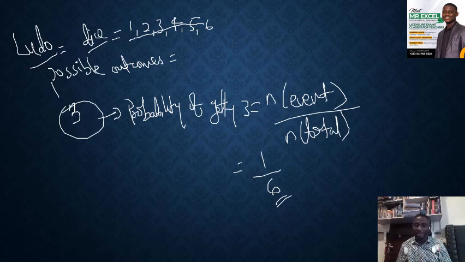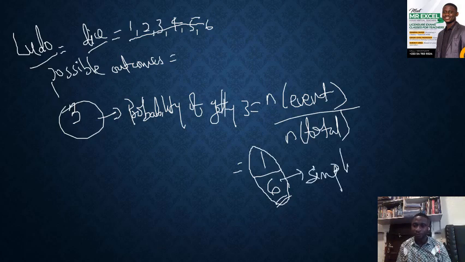So many a time when you ask questions on probability, you are expected to always put it in the simplest form. So always leave your answer in the simplest form. However, for this question, the answer you are getting is 1 out of 6. You can't further divide it into any simpler form because there is no number that can divide 1 and 6.